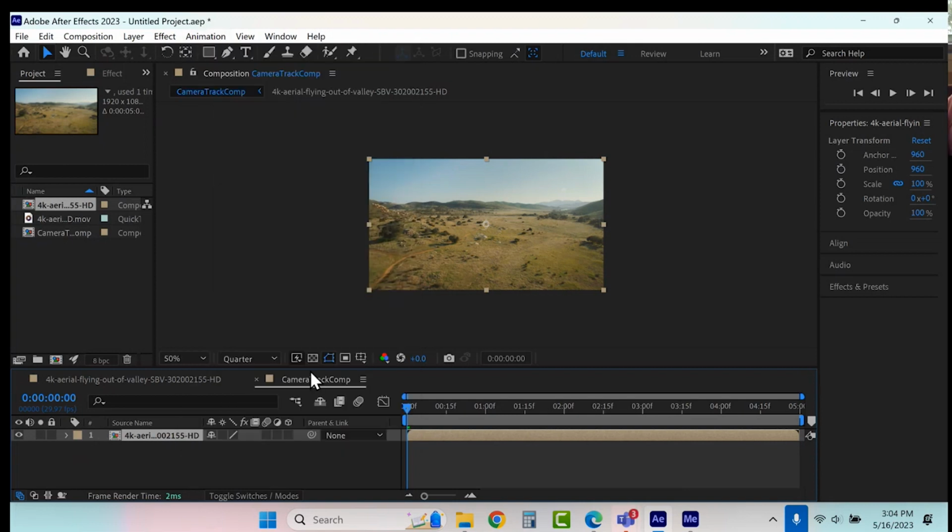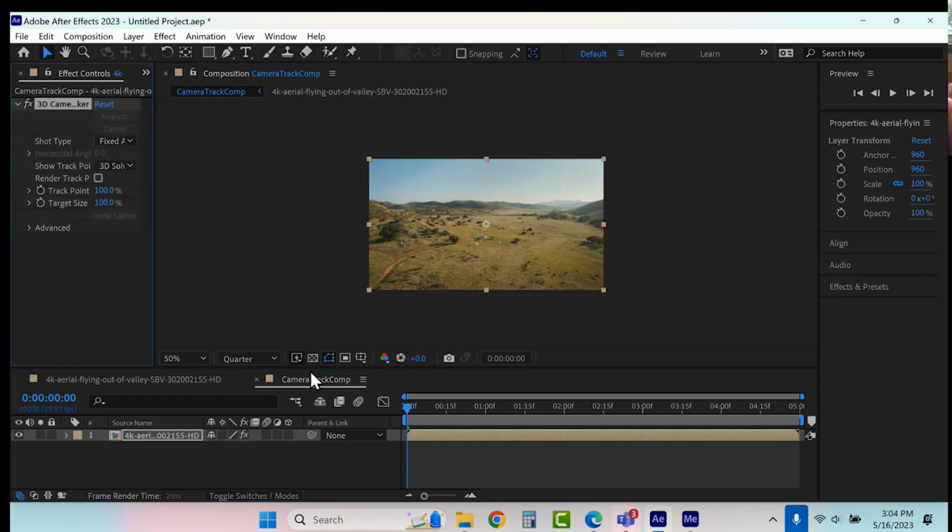Effects, track camera. Now this is going to start doing a bunch of calculating, okay? And it's going to start reading. You see, it's going to analyze, and it's going to spit out a 3D camera, just like if I were to go to Layer, Create Camera.